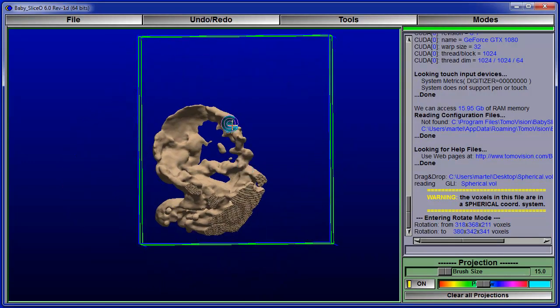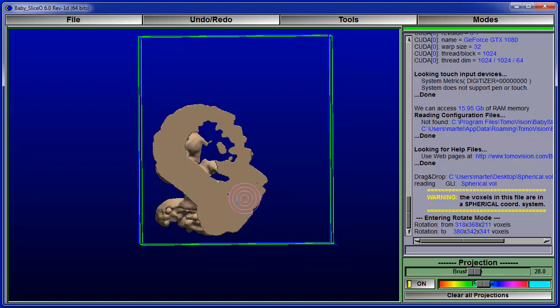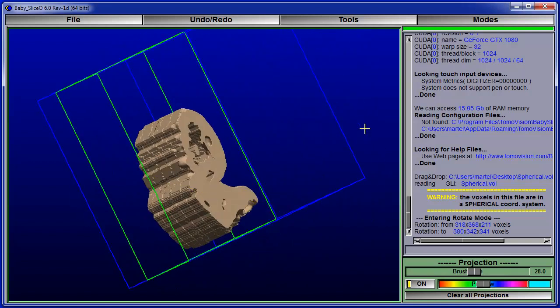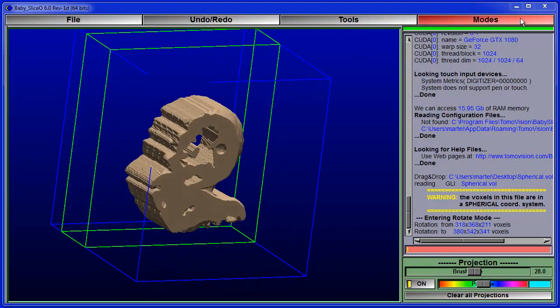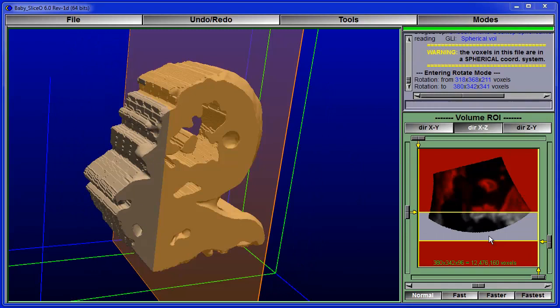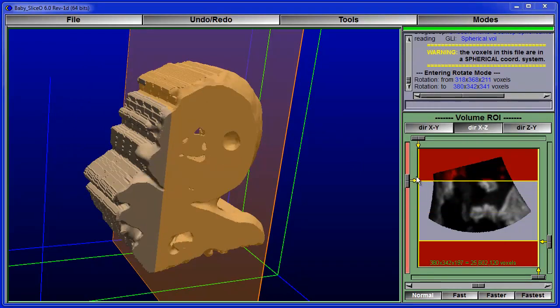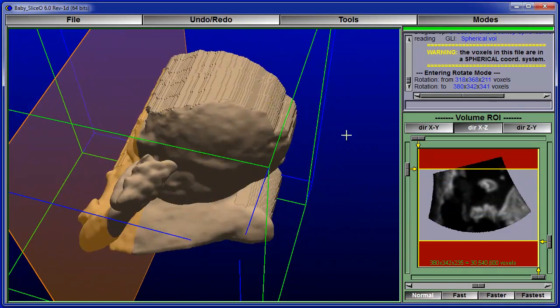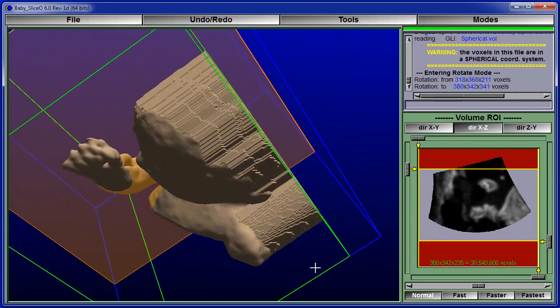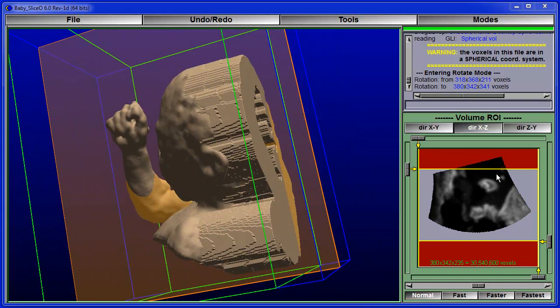And here I'm going to take my brush and project my voxels. This is what it gives. Okay, if I go back in region of interest and remove my clip plane, I can see that my baby is here with my projection. Okay, next step,